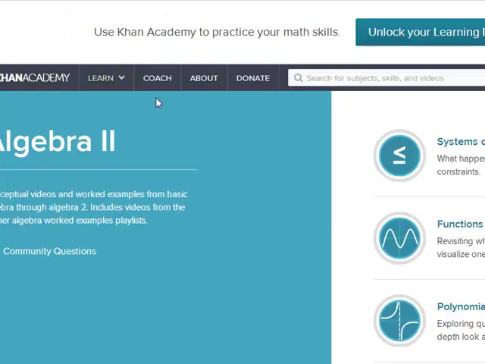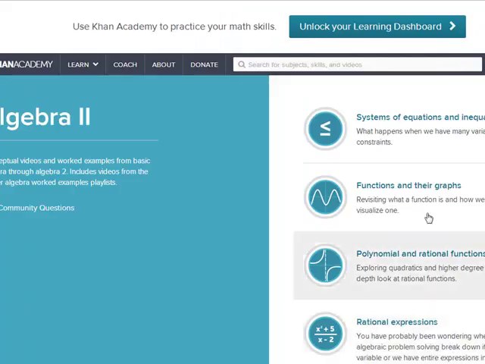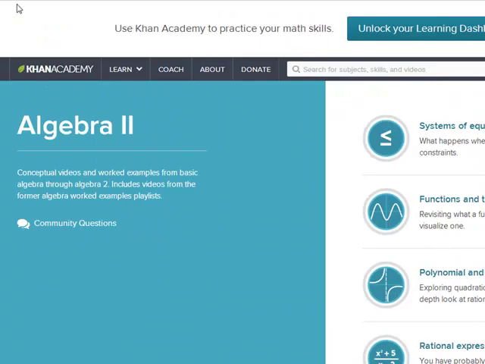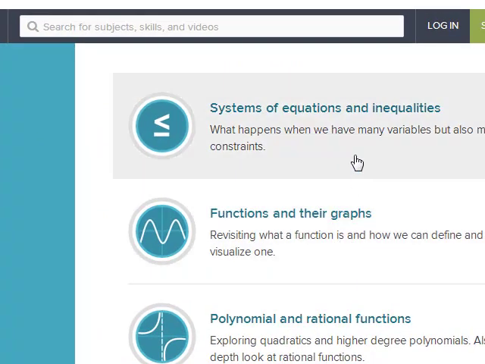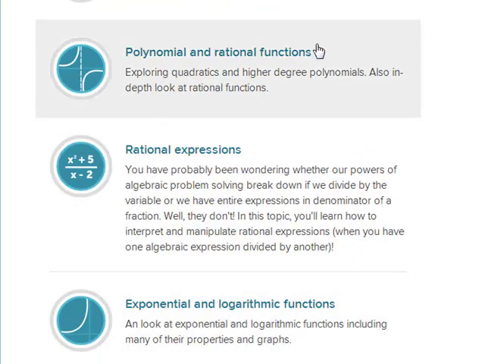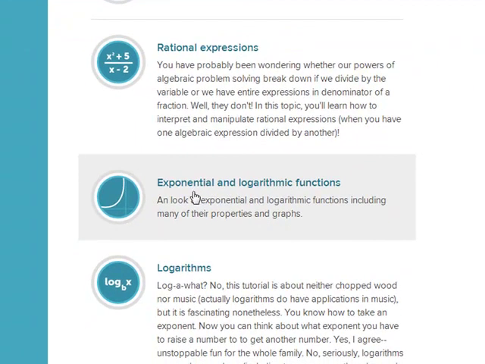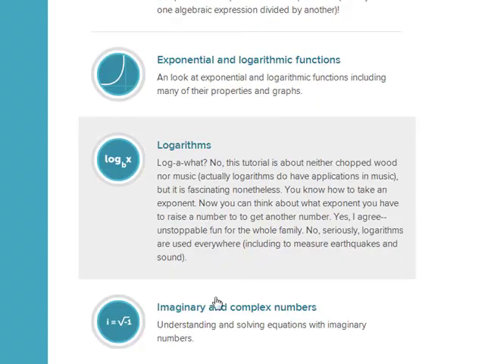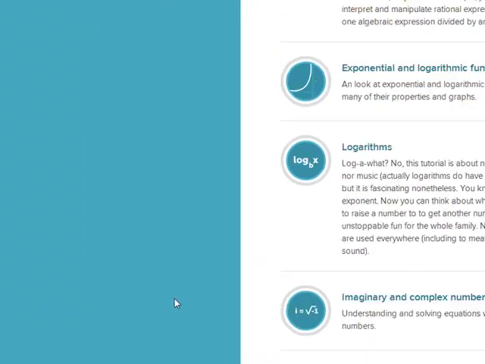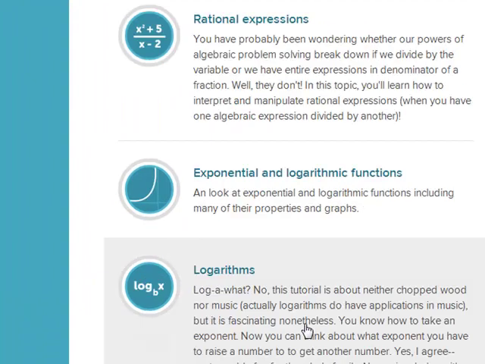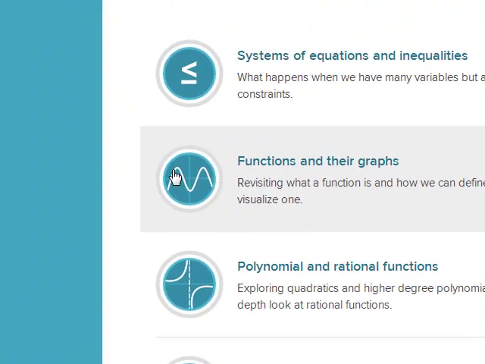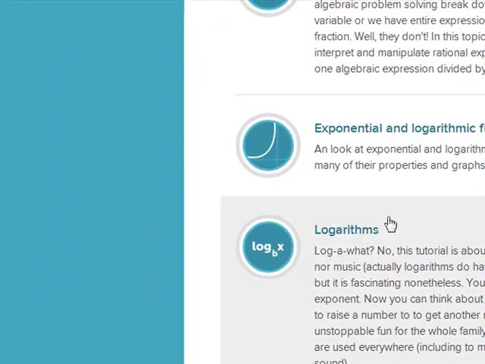Starting off is obviously with Algebra 2. Now, for me, I've documented my learning and what videos I've been following through the Khan Academy, posted all for my members. System of equations and inequalities is important. All of these are really important. Obviously, polynomial, rational expressions, exponential and logarithms, matrices. That's going to be very important in more of the advanced stuff in the linear algebra. So all in all, indirectly in this order, it really helps build, you can use as building blocks to move into the more advanced stuff.